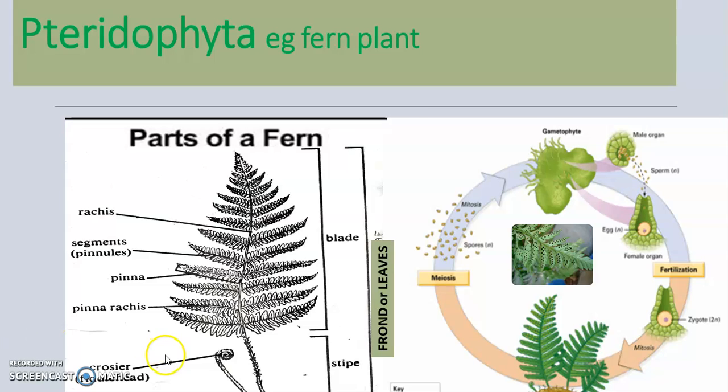The whole of this organism here is the fern. The fern has a rhizoid that looks like roots, and it also has the leaf, which is called the blade, and